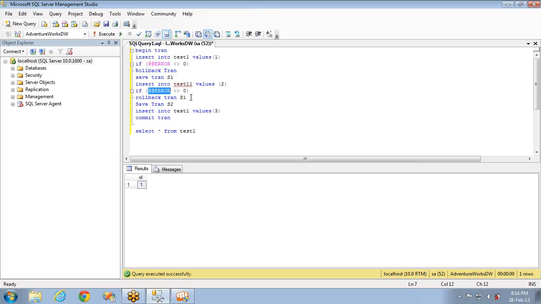You can have multiple statements made as one atomic unit, and you can have save points like, okay, up to here save. This is one batch for me. Save up to here, and if any error occurred in the next set of statements, then roll back up to this particular save point. Don't roll back the complete thing. And this is how you can use the error global variable to find out whether there is any error occurred or not.